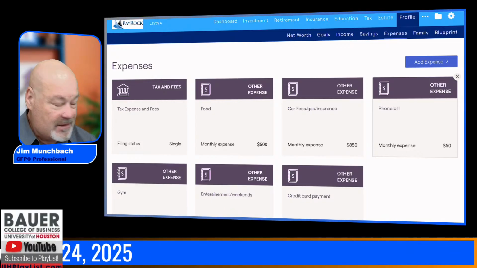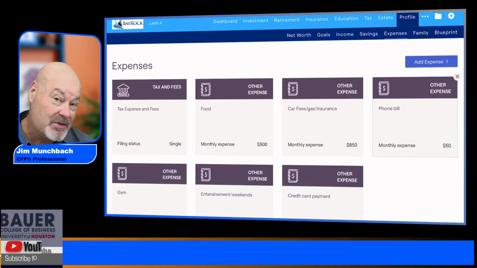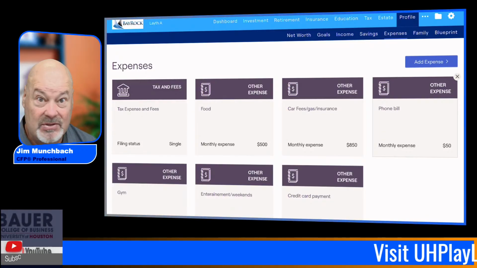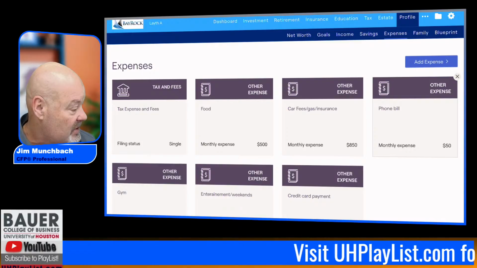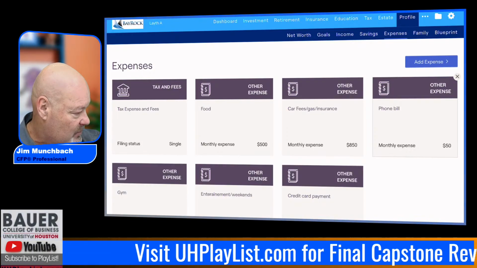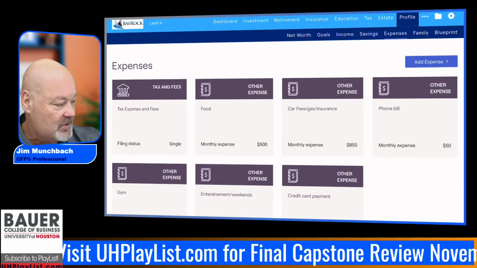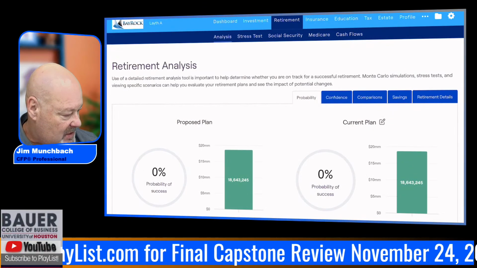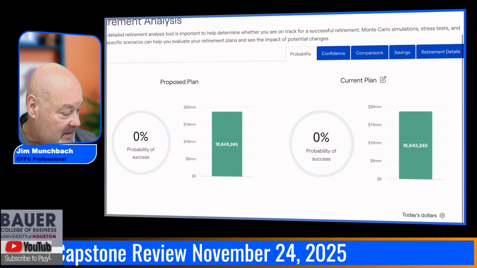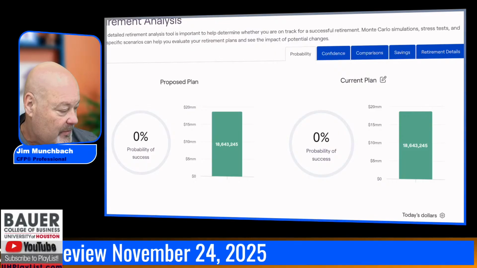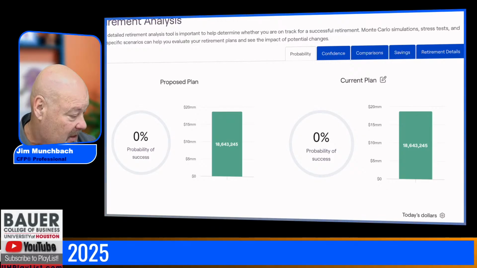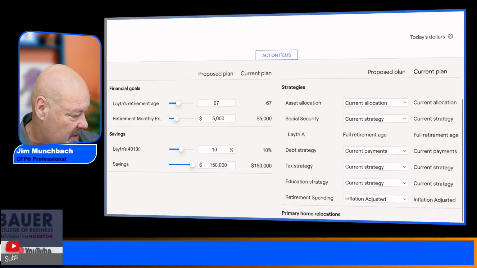This plan has just got so many extra things added to it that it's the reason, Lath, that your capstone assignment's just going to be an utter disaster unless you fix these things. So I would fix these things. So that's expenses. We hit savings. Let's go back to retirement and just look. I want to make sure you see this again. You've got an ending value of $18 million. Is that right? Yeah, that's right. And then let's look at these action plans.